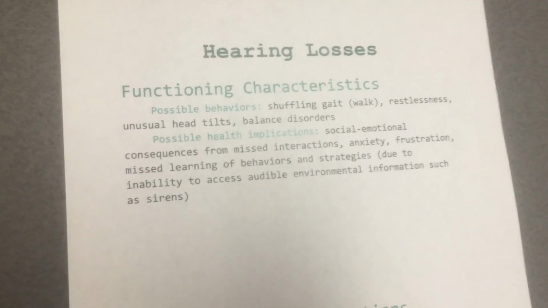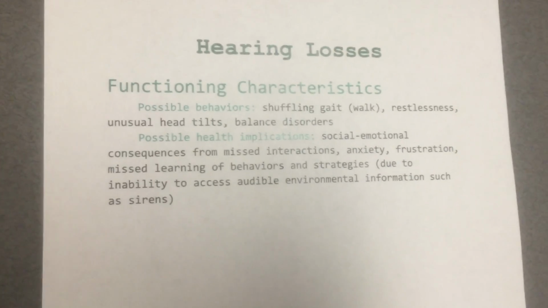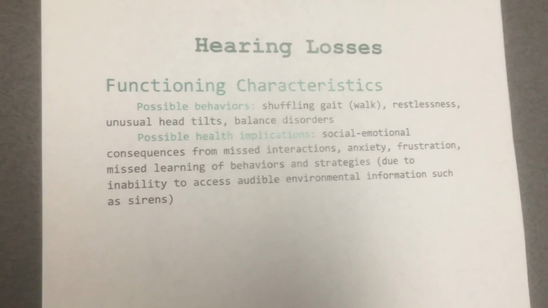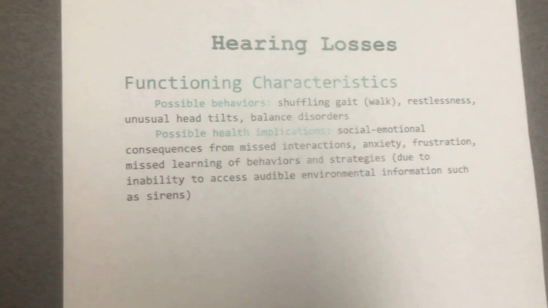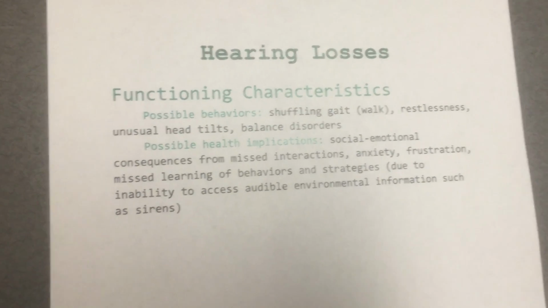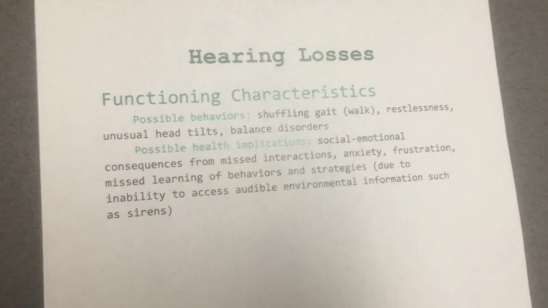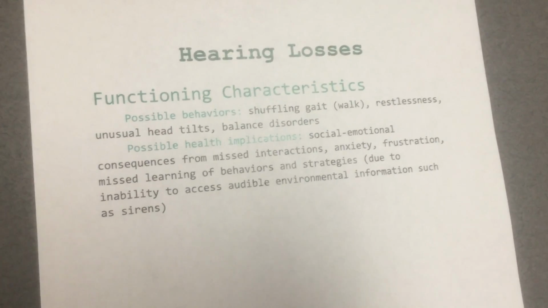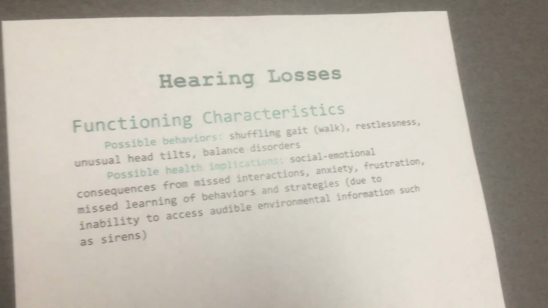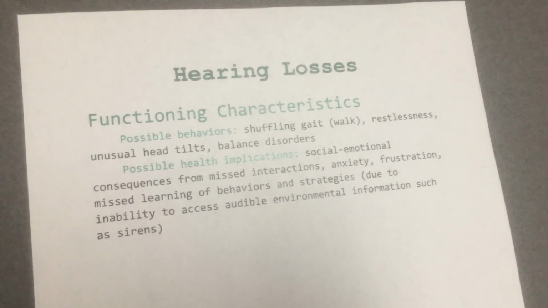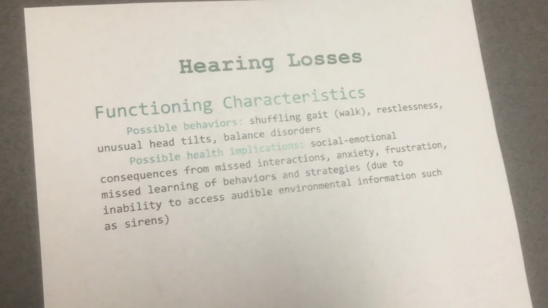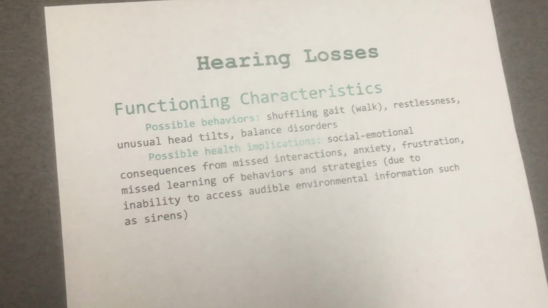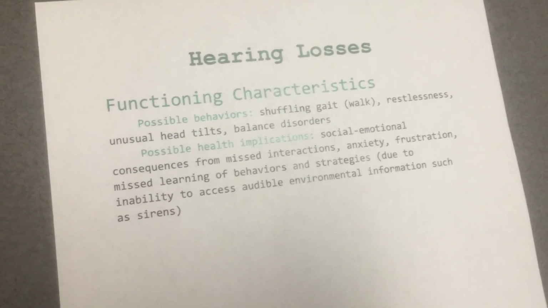Next up, we have hearing losses. Some of the functioning characteristics for hearing losses include possible behaviors like a shuffling walk or restlessness. Sometimes they'll have unusual head tilts or rotations, and balance disorders are also common. Some of the possible health implications are social-emotional consequences from missed interactions that they might be unable to have. Anxiety and frustration are also prevalent due to the inability to access audible environmental information